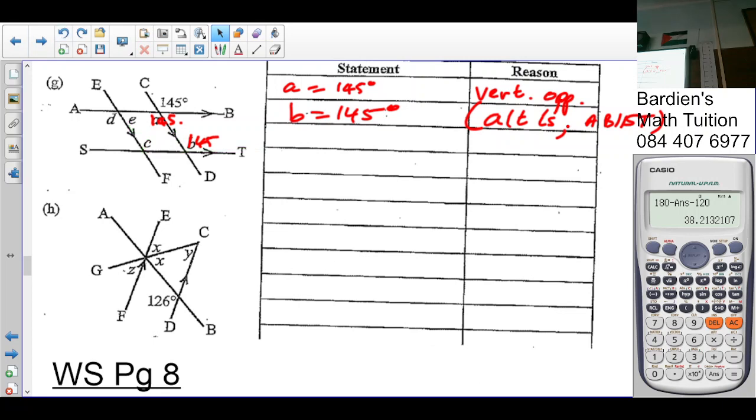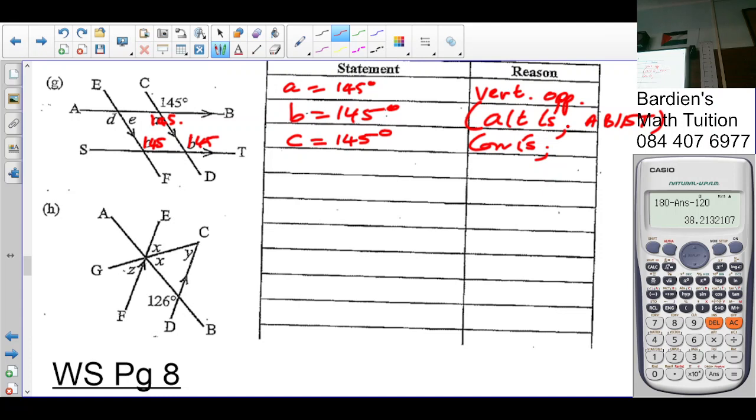Every day you must do some geometry, no? You'll say that sharp. Alright. So C is equal to 145 degrees. The reason is corresponding angles with